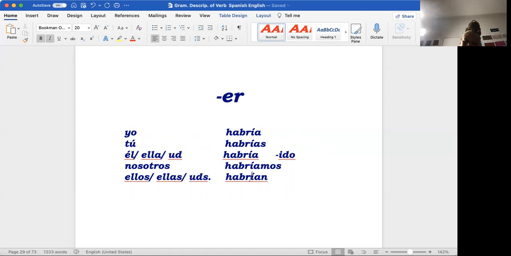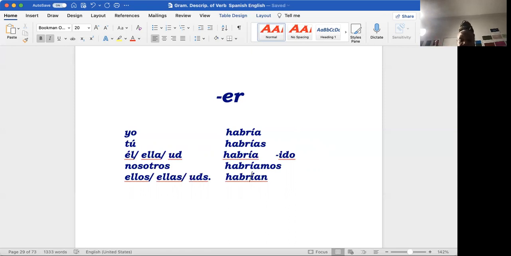A lot of verbs in ER. I remember one time I saw a list. The list for the regular verbs in ER was like this. There's not that many verbs in ER in Spanish anyway. And the list for the irregular verbs was like this. Right? So every time I'm thinking of a verb, I say, no, that's irregular. No, that's irregular. That's why I just put the verb comido, comer. So it's habría comido, habrías comido, habría comido, habríamos comido, habrían comido.